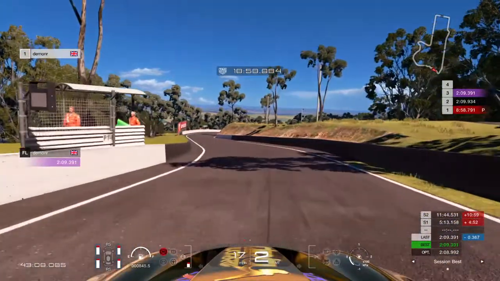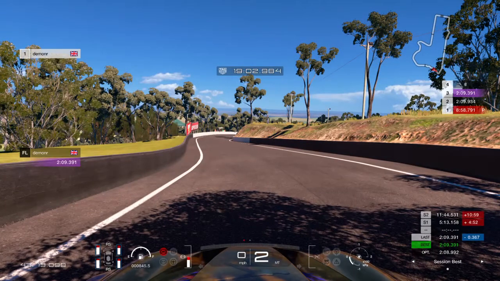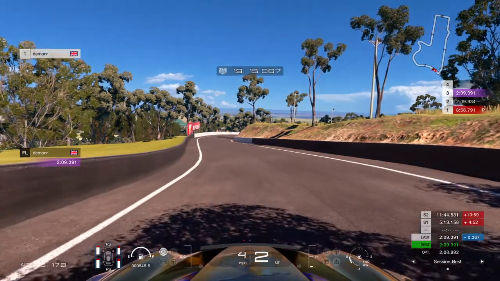Okay, so now we're on the power, heading down the hill, and now I'm going to give you another secret tip. You can, if you want, go flat out round this right-hander and then bang the brakes on. It tends to get a little bit squiggly though. But you could do it a better way, which I think is a better way, which is on approach to this corner,